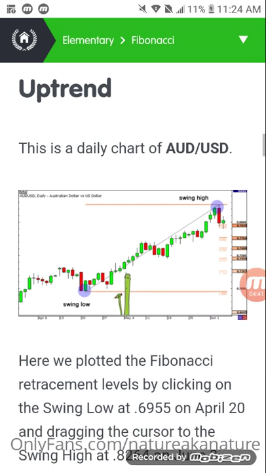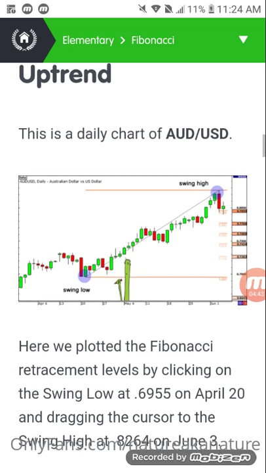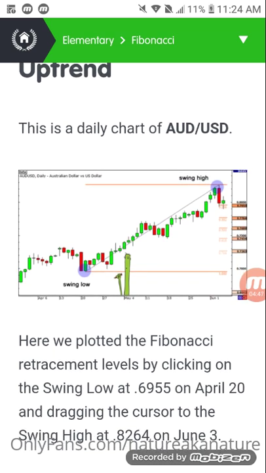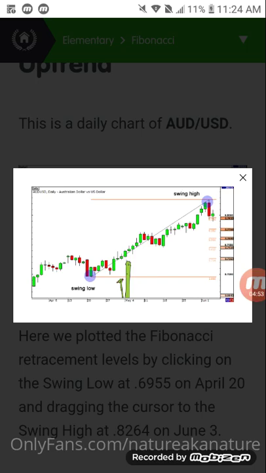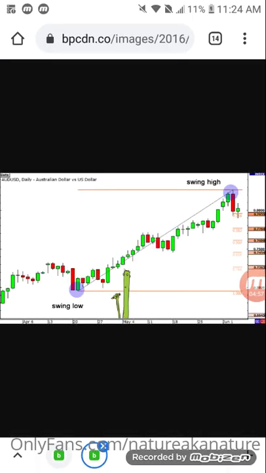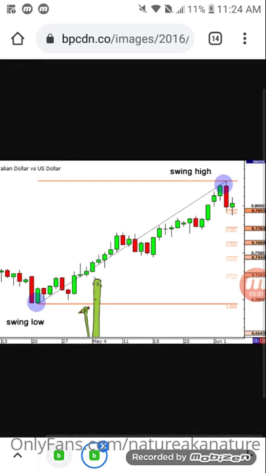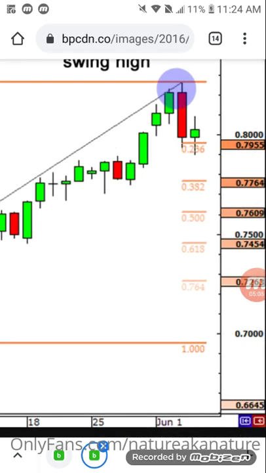Here we apply the Fibonacci retracement levels by clicking on the swing low at 6955 on April 20th and dragging the cursor to the swing high at 8264 on June 3rd. As you can see in this picture right here, this is Aussie versus the US dollar. To find the Fibonacci retracement levels, you see how they have